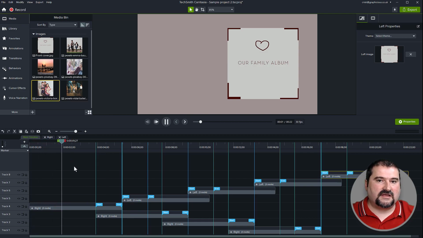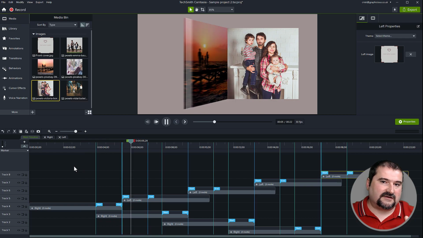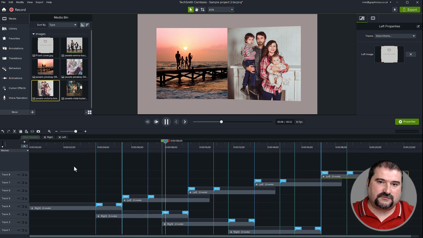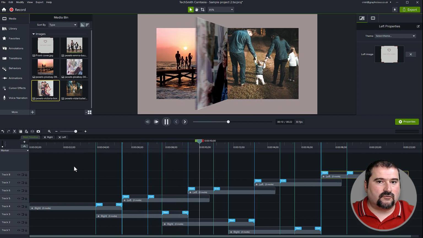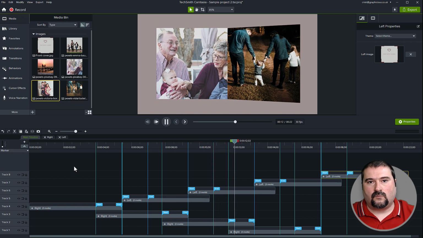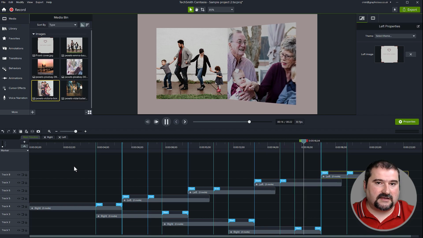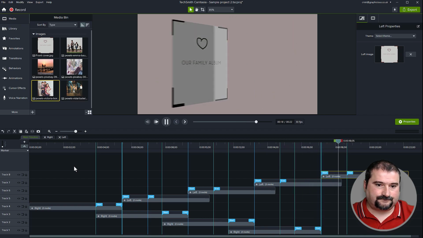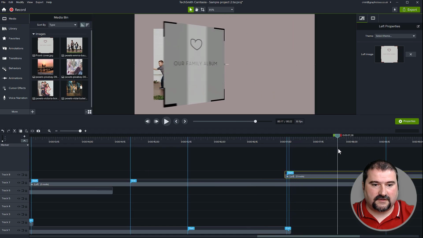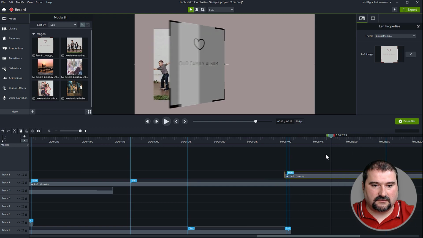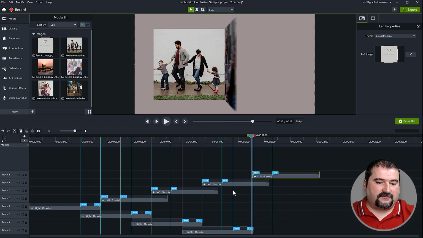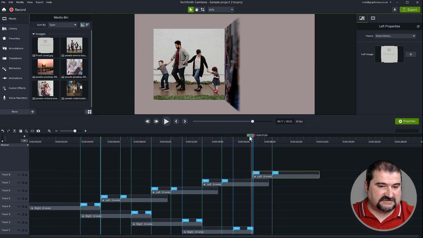Maybe the starting is kind of long, so you can shorten that. Just make sure you don't cut anything that is inside of those markers. So that's your way of changing when something starts and when something stops and how long it is going to be, right? There it is. That's my back of the back cover. Now, here we go. So there we have it. This is my flipbook. Make sure you save.